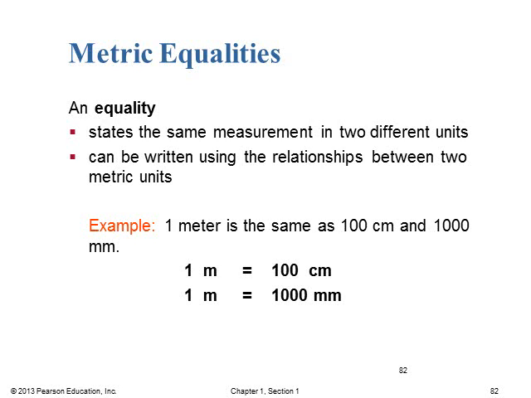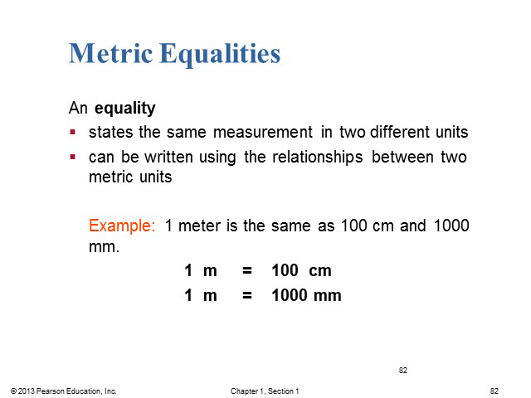And so what we often have to do in science is use equalities and use these relationships and use these prefixes and go from one prefix to another, especially in terms of calculations. And so we can see here that 1 meter is the same as 100 centimeters. So it takes 100 centimeters in 1 meter. So if you look on a meter stick, you'll find 100 marks per centimeter.